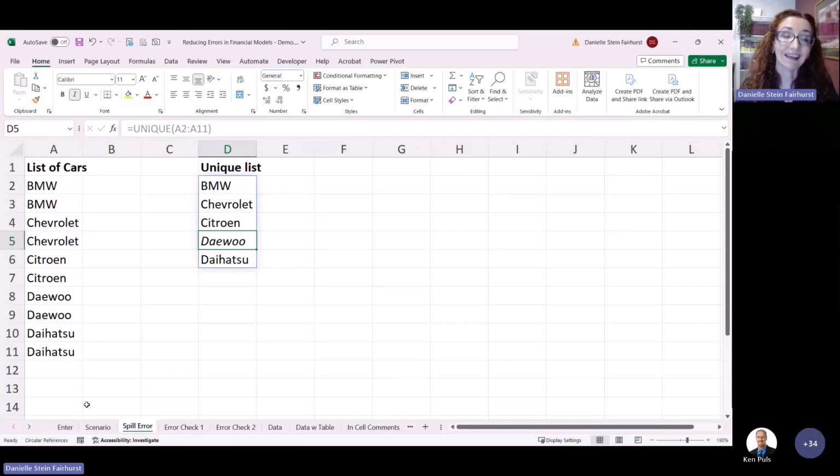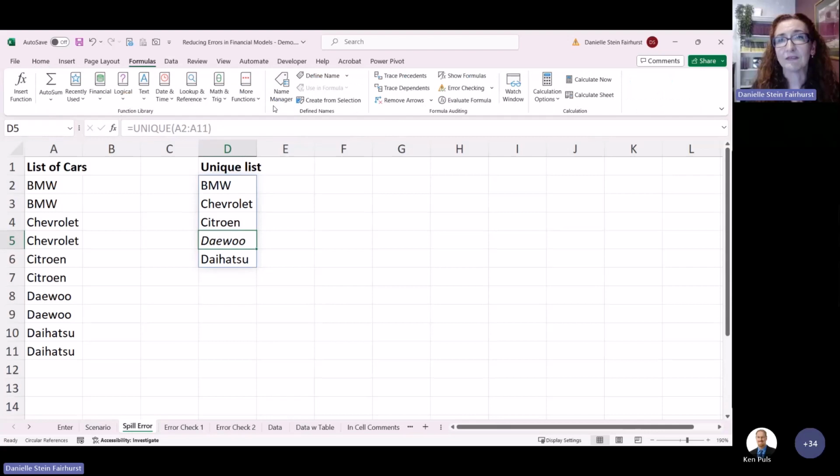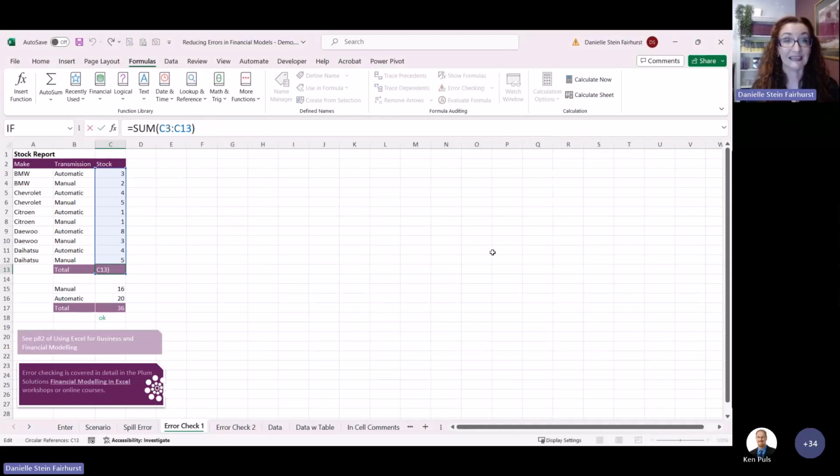If you do not intend for there to be a circular reference, or someone's enabled iterative calculations, an easy way of finding a circular reference, if you need to hunt it down and kill it, is to just go into the formulas tab, and it will give you a list of where that offending cell is, and that can help you to find it. So in my opinion, I would prefer not to have a circular reference unless you really, really need to.